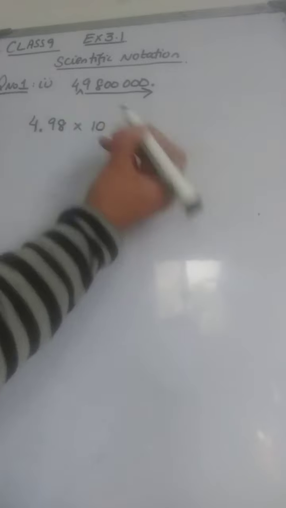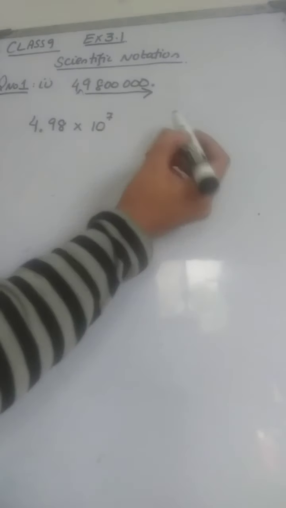In the next step, you are going to remove this cursor sign and replace it by the decimal point, and you are going to write the non-zero element and then into 10 raised to a power. What will be the power of 10? How will you determine? That will be the number of digits between this cursor sign and the decimal one. The number of digits are 1, 2, 3, 4, 5, 6, 7. So you are going to write a positive 7.